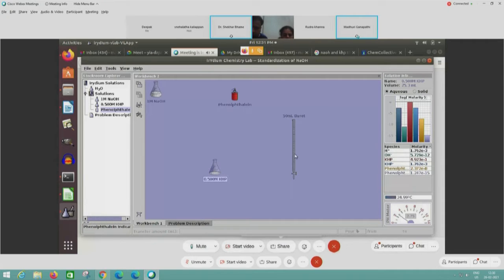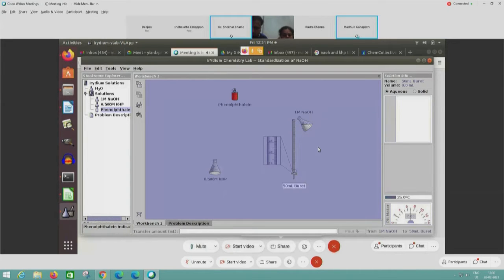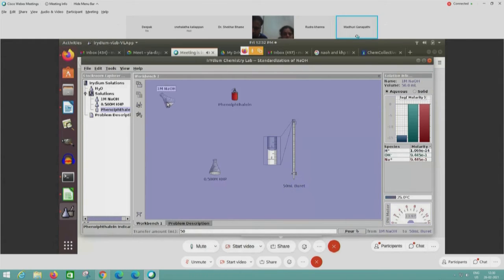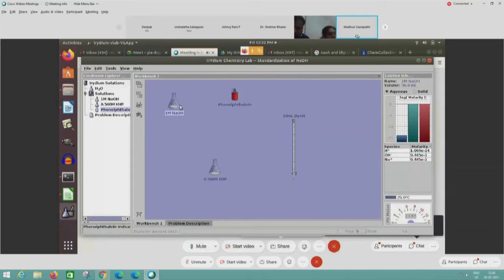Before we start to titrate, I will fill my burette with sodium hydroxide. Here I will put 50 ml in the burette and put it back. One more thing I want to tell you here: when I put this, just check the burette. After adding 50 ml also, it looks like the burette is not completely filled, though the solution info panel says 50. That is because the 50 ml is actually filled up to the end of the nozzle, exactly up to the end of the tap.